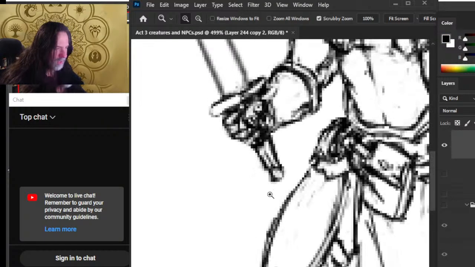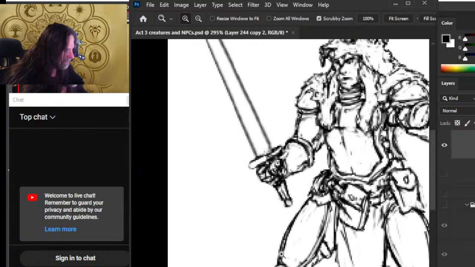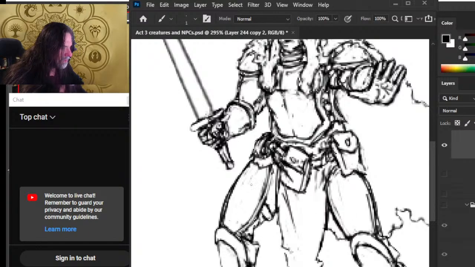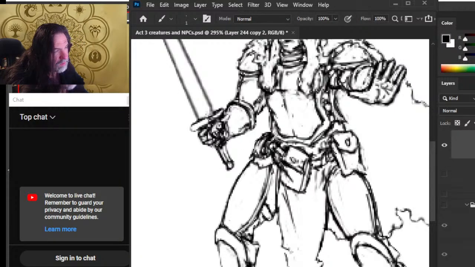And now before we get into detail work, I can come in and clean up this line a bit. There you go. That feels pretty good.